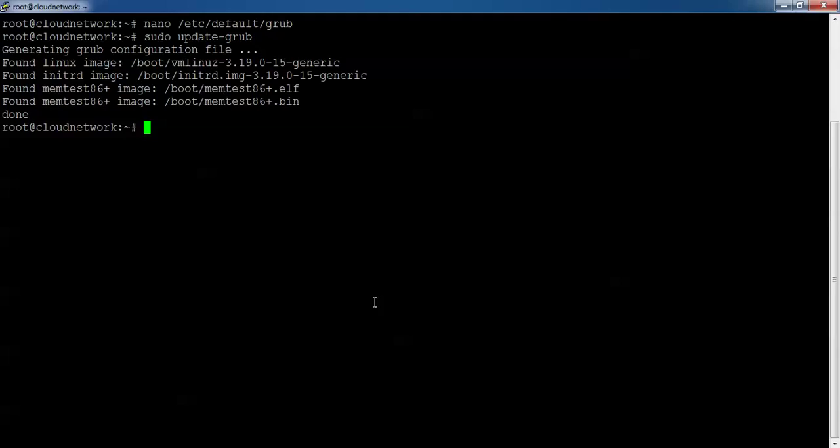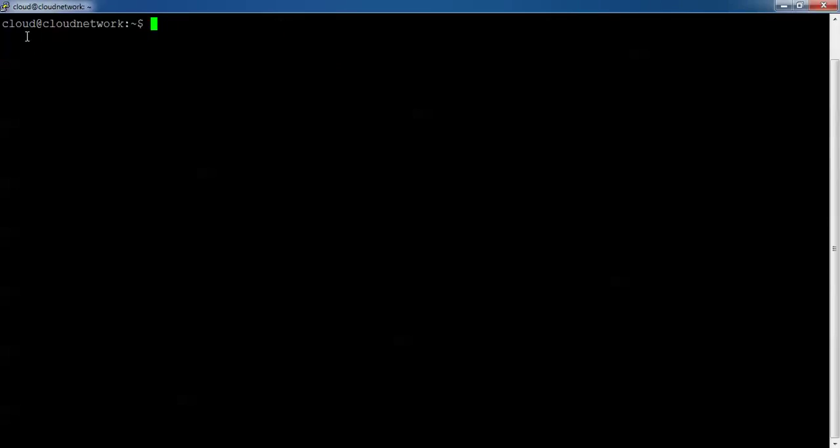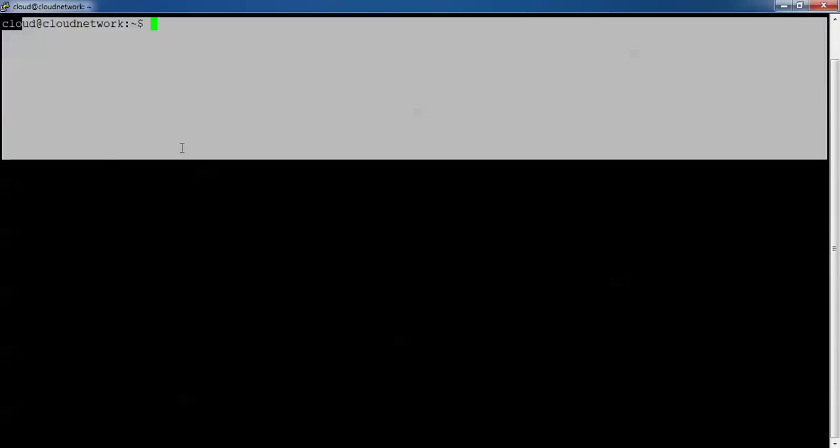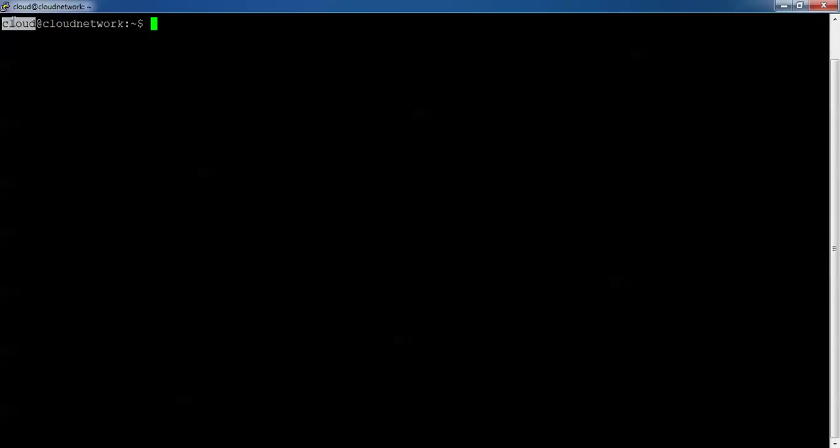So I'm going to log in first of all with the Ubuntu user. Okay, here I have been logging in with the cloud user. After reboot, you need to log in with the cloud. Please remember, after reboot you need to log in with the username Ubuntu or cloud, whatever you have. So just type sudo ufw status.